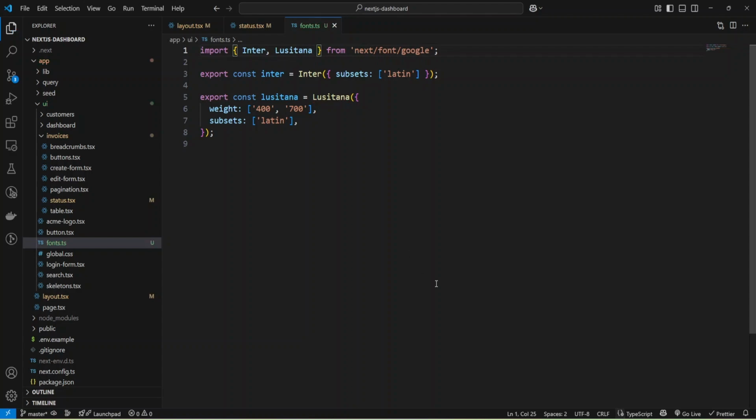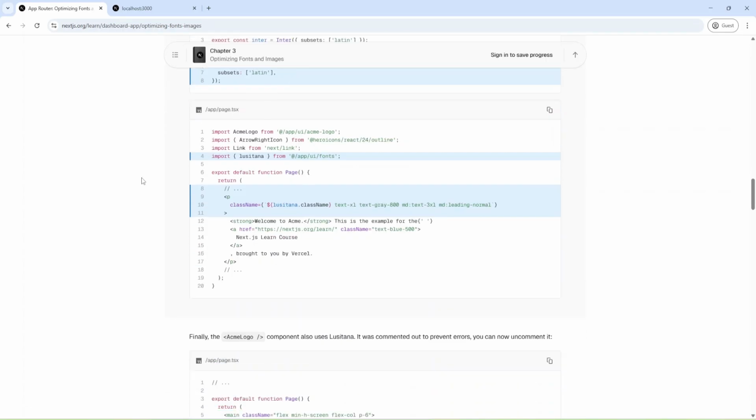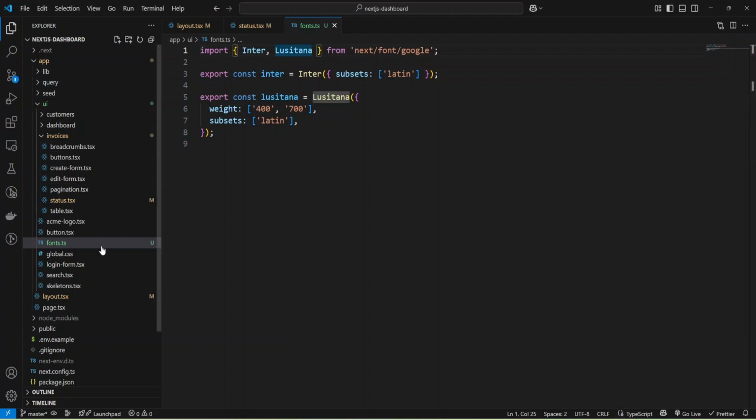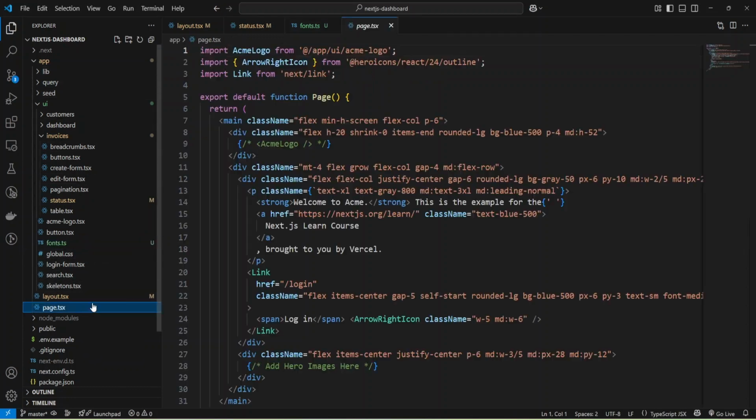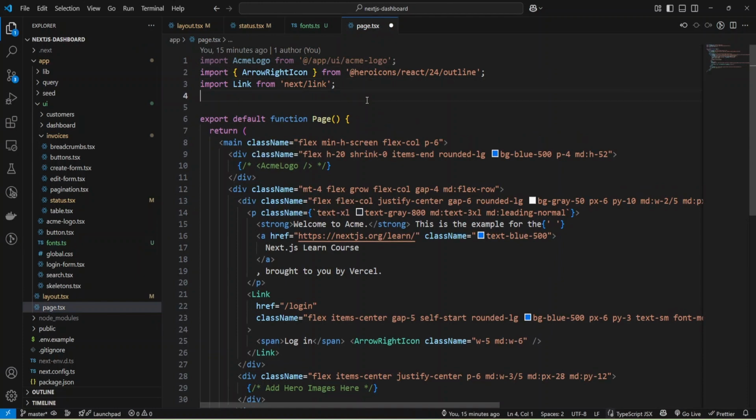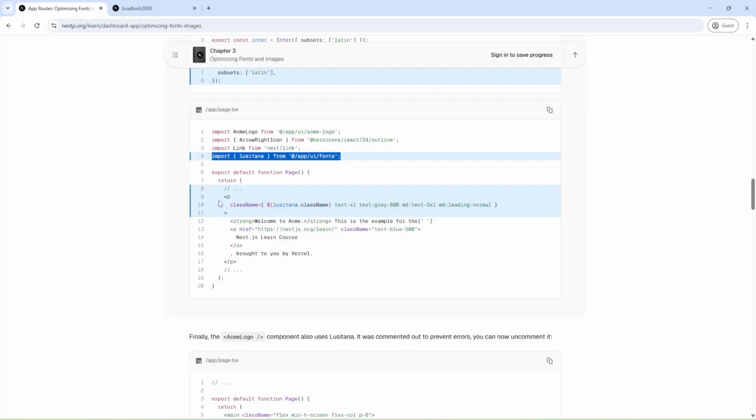Okay, and let's check. And now we can import our font in page. Okay, inside page. Okay, we can import it, and we'll add one paragraph.